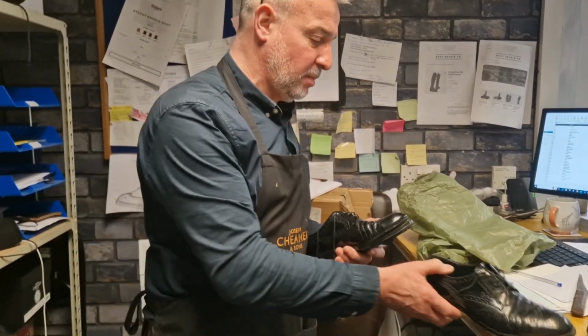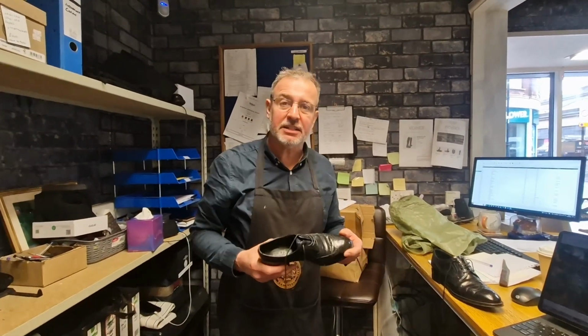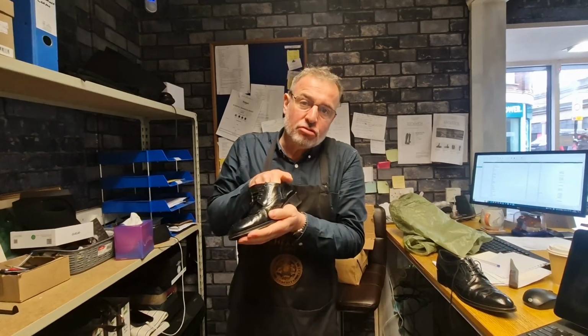Hello, we're at Shoe Healer, just unpacking shoes that come in the post. Quite a few shoes come in the post. This is a pair of Tod's. Tod's made in Italy, and as with shoes that generally come from Italy, the cemented construction, as you see that,